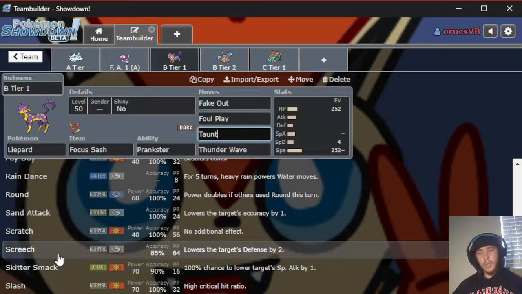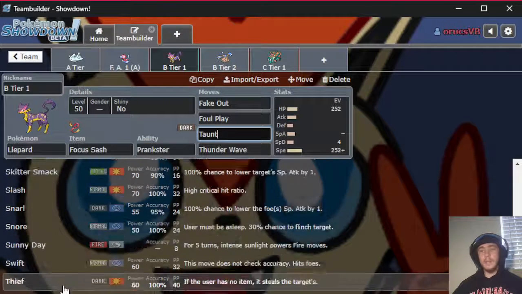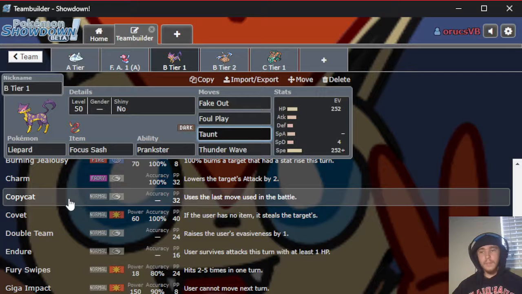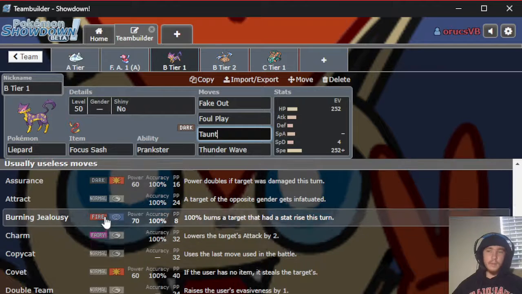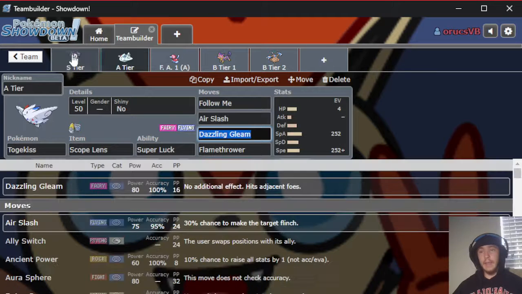It gets Screech, it gets all sorts of other good moves. I think it gets Fake Tears. Torment is not bad against Choice Mons. Copycat is a fairly standard move. It's just like, oh, you can Copycat with the Trick Room. And that's always annoying to deal with. Charm, all sorts of stuff that you can use. Very annoying Prankster mon to deal with, but it can't only be a Prankster mon on this team